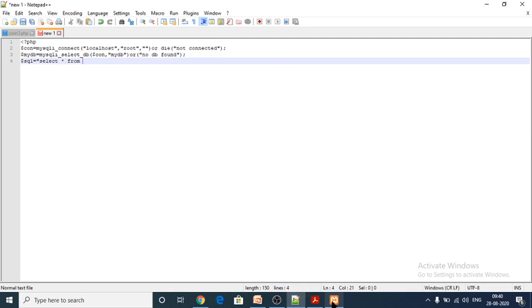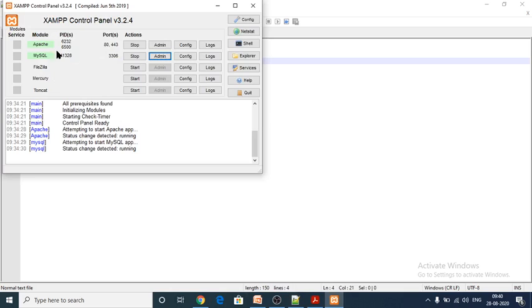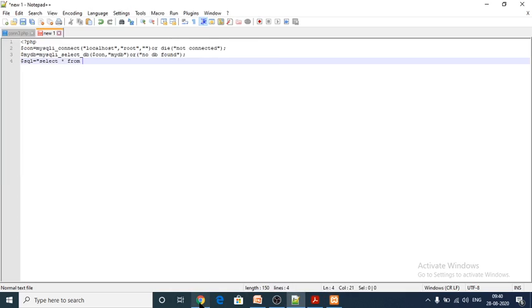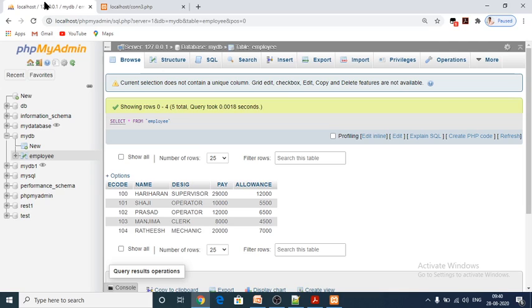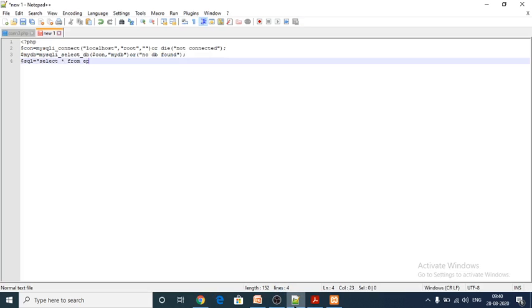Here I want to check my table name in my browser. My table name is employee, I think so. Yes, employee. Here I have to give employee.